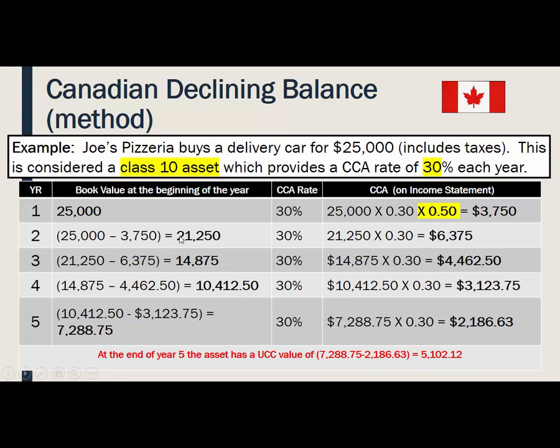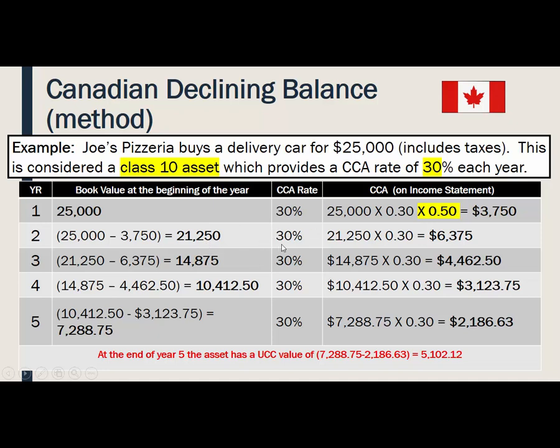So if I were to look at the beginning of year two, all we've done is we've taken the original value in year one minus how much we depreciated, how much we deducted as an expense from that value. So this becomes the undepreciated capital cost, $21,250, the UCC, at the beginning of year two for this car. Okay. Now, it was also the UCC, the undepreciated capital cost, at the end of year one. The end of one accounting period becomes the beginning of another accounting period. Always remember that.